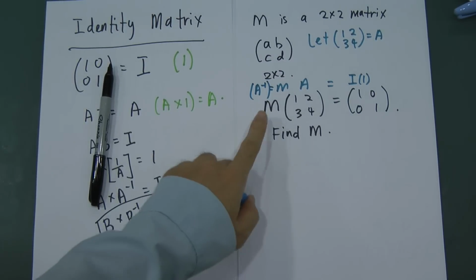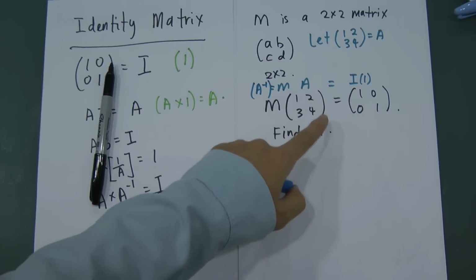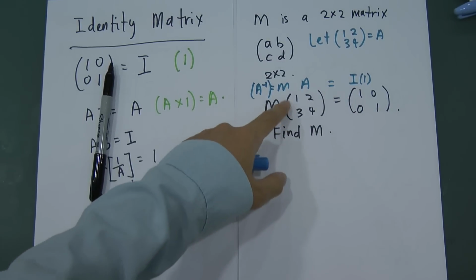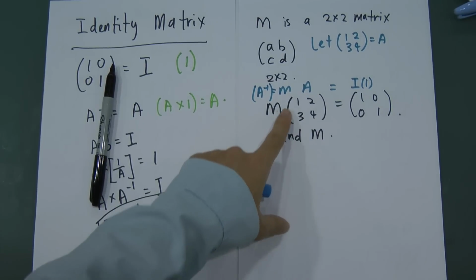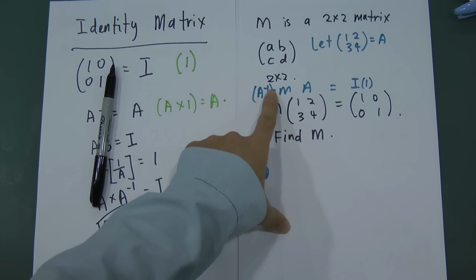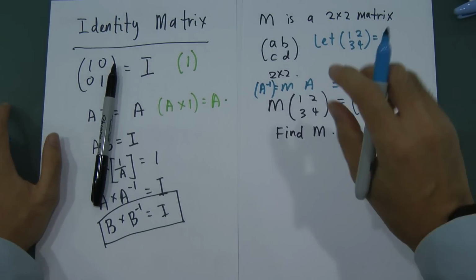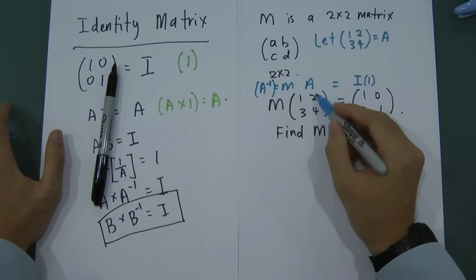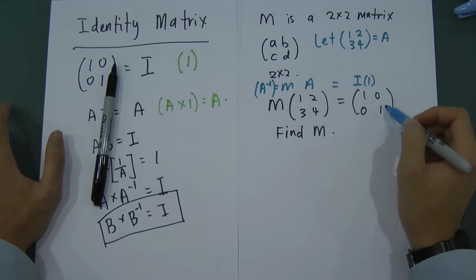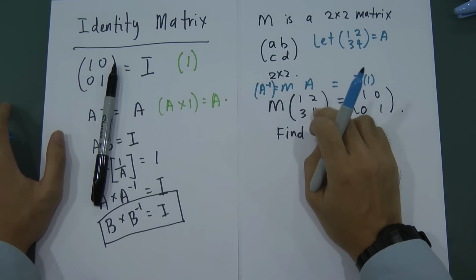Correct or not? Because A inverse multiplied by A, I will get 1. Therefore, in order to find the matrix for M, I have to find A inverse, because M actually equals A inverse. You just need to memorize something like this: if you got this matrix, and another matrix multiplied by this matrix gives 1, 0, 0, 1, meaning we will get 1,